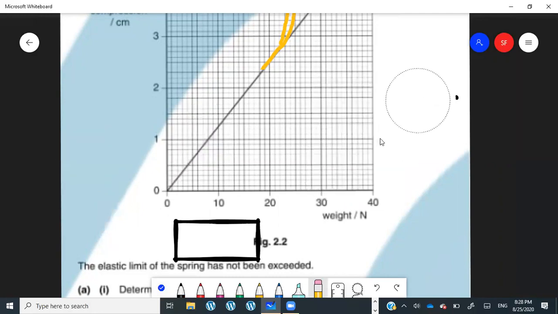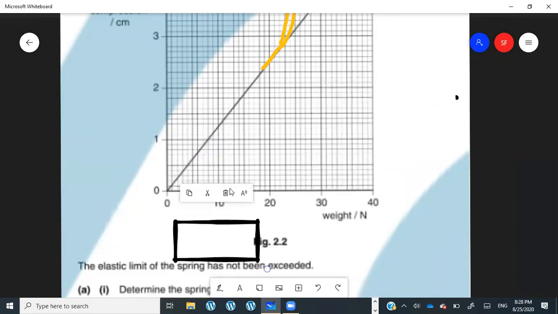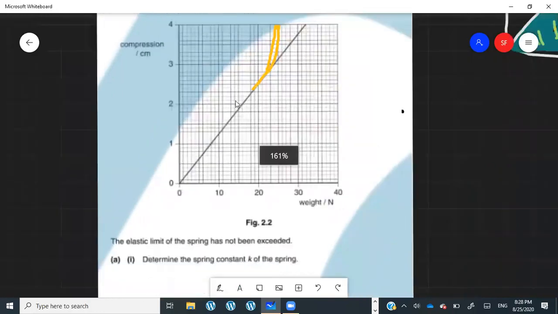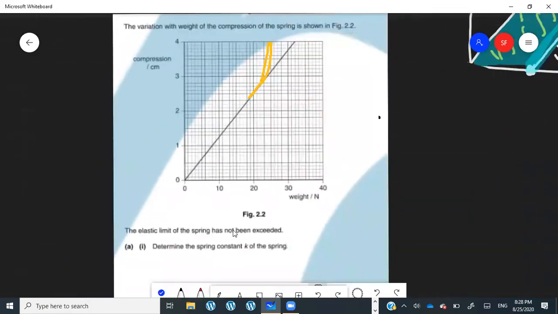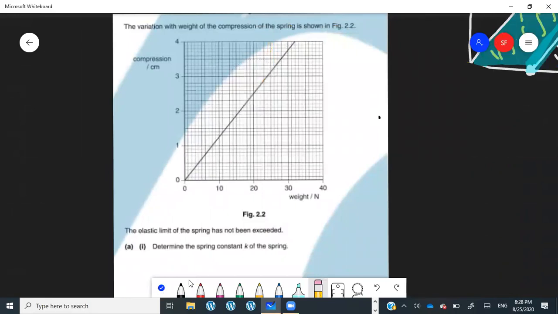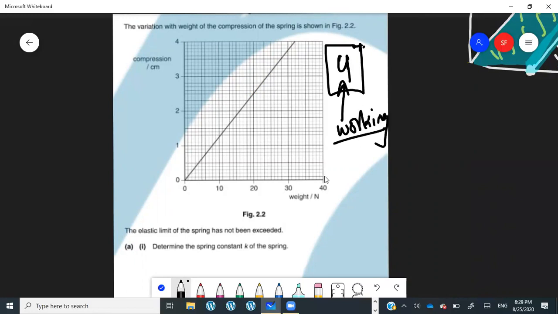Okay, wait, I think this is becoming a bit confusing. Just remember one thing: you need to approximate if a curve is given, and you just need to calculate the area, and that's it. You're going to get the area as close as possible. And by the way, for such questions in which you just need to calculate the area, but there's a lot of working, the marks are usually 4. And these 4 marks are actually for all the working that you do to calculate the area.